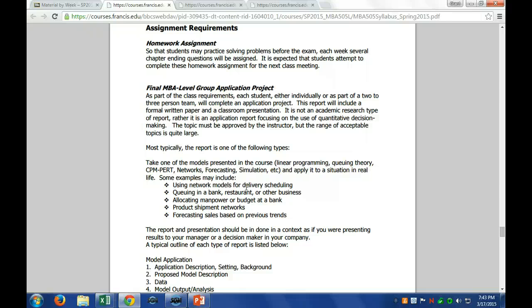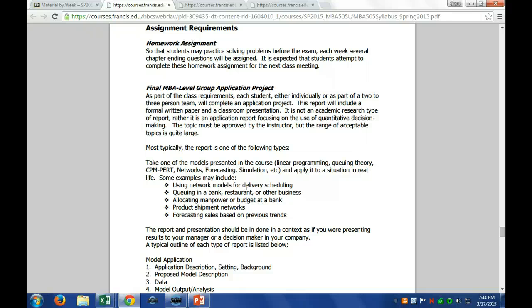You have to talk about how you went and gathered your data. And in the real world, data gathering is hard to do, right? It's easy when it's in a textbook. You can say, hey, here's all the information, plug it in, boom, boom, boom. But in the real world, gathering the data and saying, hey, here's the noise and here's the true data, determining the difference between those two, that's difficult to do. So you're going to gather the data, solve the model, show us the output from that, and then make a